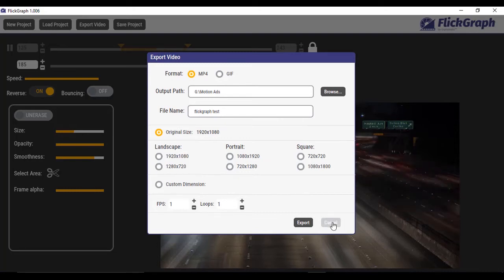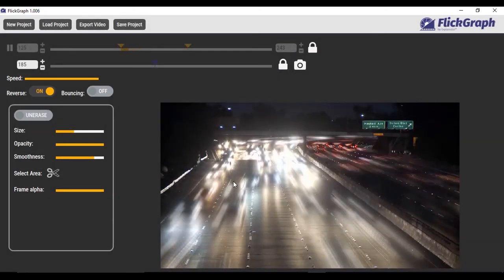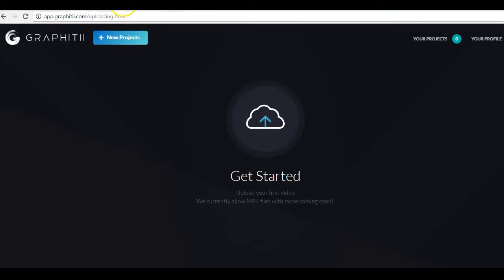But let me just cancel this for now and show you as well how this is done using Graphitii, just for me to compare the two and for you to see what will be the option that works better for you. Alright, so as you can see, I'm now here in the dashboard of Graphitii, and compared to Flickgraph,